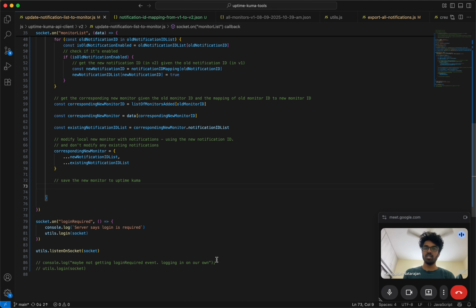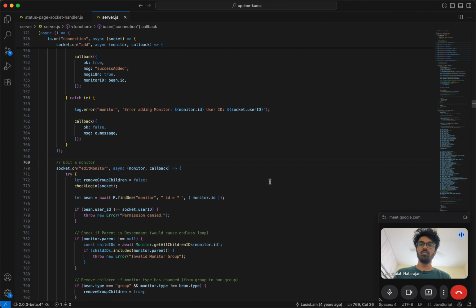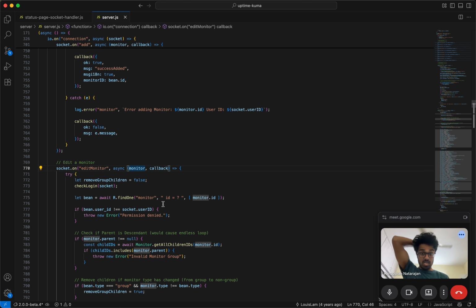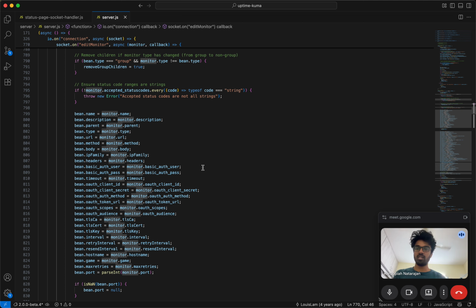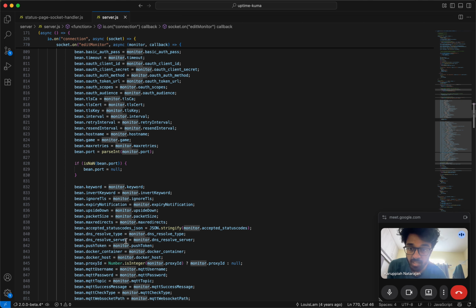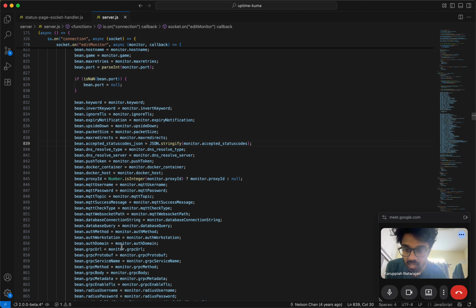So I think in Uptime Kuma, you basically have something like edit monitor, where you have the monitor, and yeah, you get the ID, and then you save everything, right? You have the name, description, parent, type. You have the notification ID list also somewhere, I think. Keyword, invert keyword, and all that. And then finally,